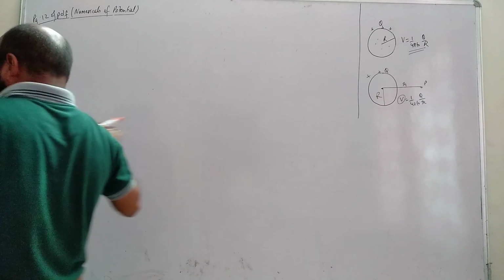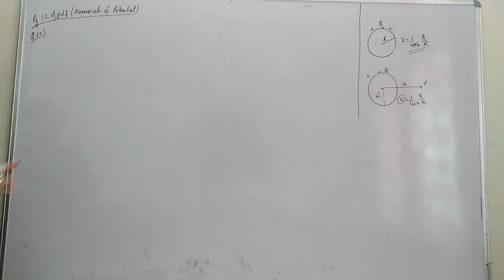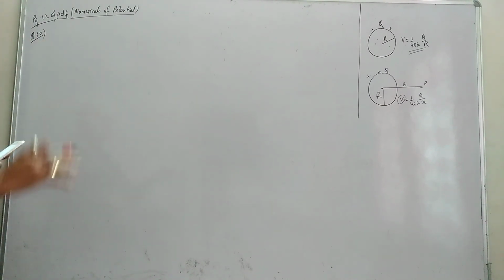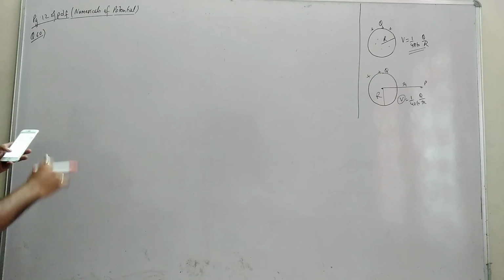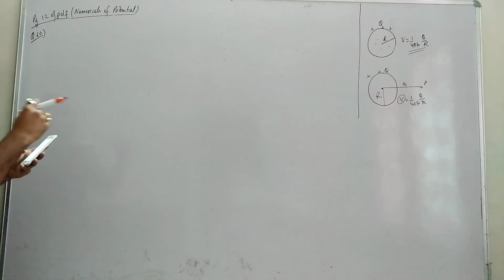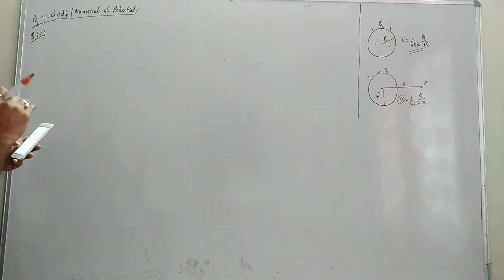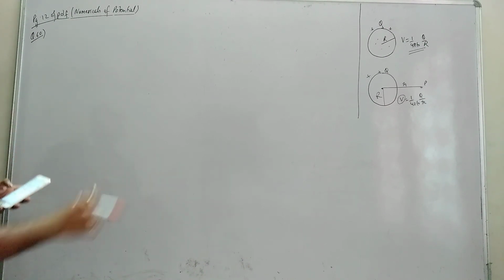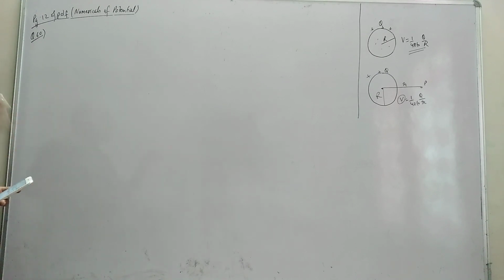Now I haven't written anything in this question because in the question we have to do one by seeing it. I cannot write directly, you will not understand. Okay. First of all, the figure we have to draw. Let's see how we can draw the figure. So one by one we read the question. 3 concentric metal shells A, B and C. So we have 3 shells A, B and C concentric.